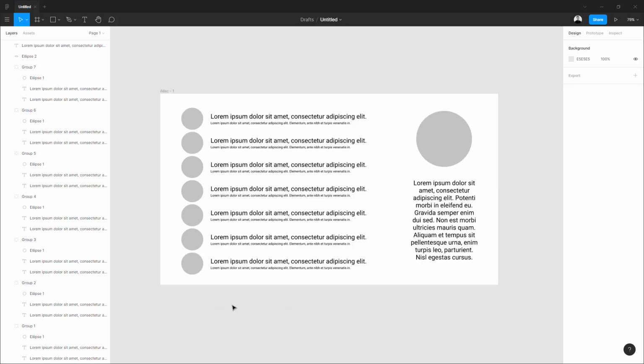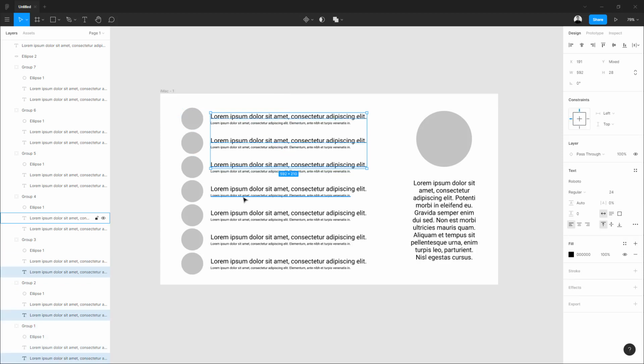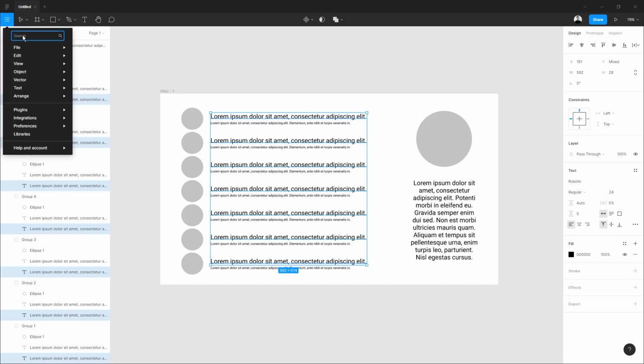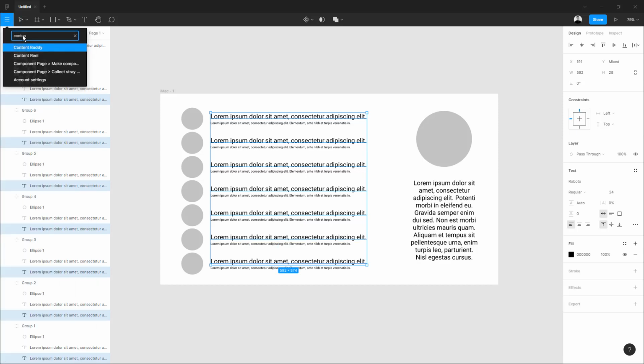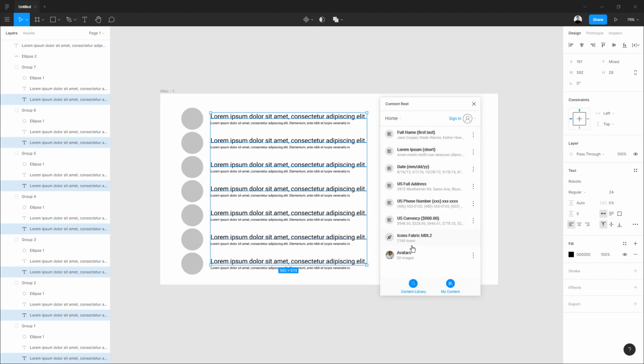And now this one saves you a lot of time when you need fake data and you need a lot of different data. How to get that? I create this, so I'll select the text that we want to change to show you this plugin. So I select all of them, then we go to the menu and select Content Reel. Content Reel got a super cool update,